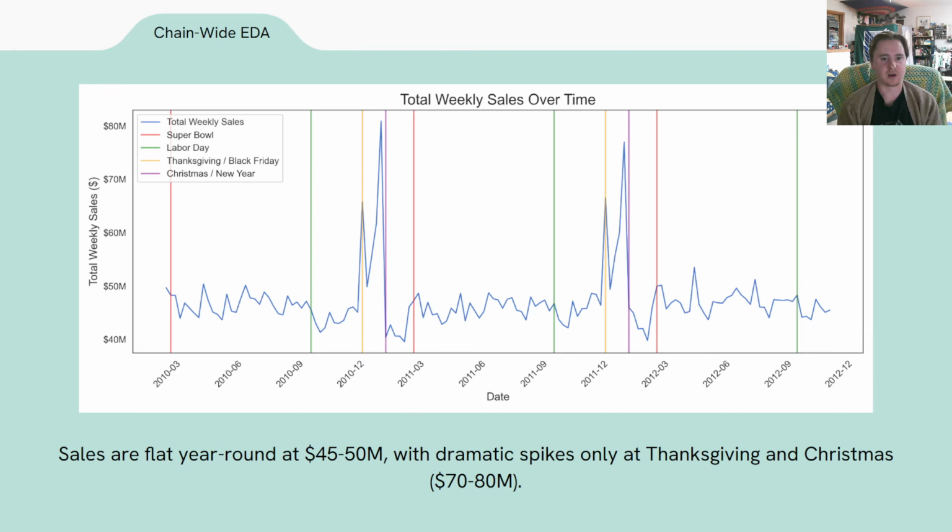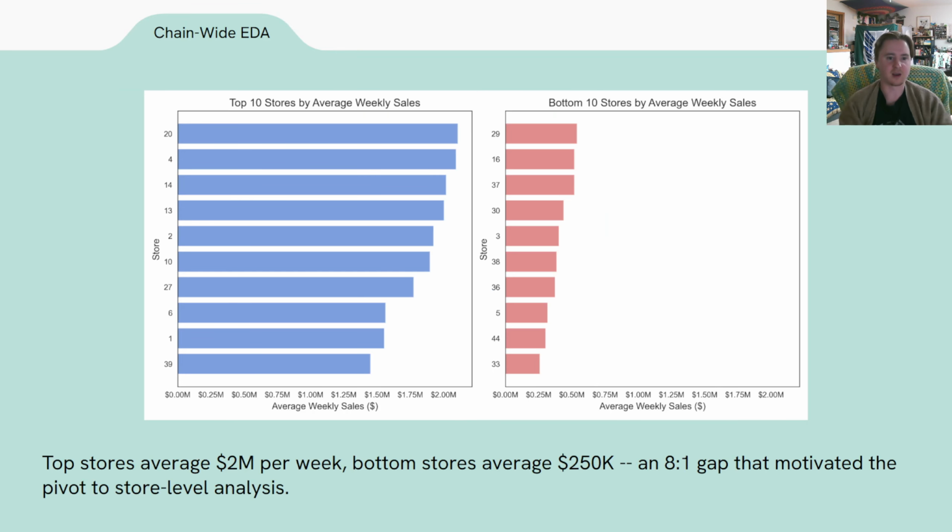So the holiday spikes actually end up being year-end spikes, if that's important in terms of marketing, if we want to go for a year-end thing instead of just a Christmas thing. Something to think about. So then I rank the 45 stores by average weekly sales. We saw some of that data earlier when I was reiterating on the research question,